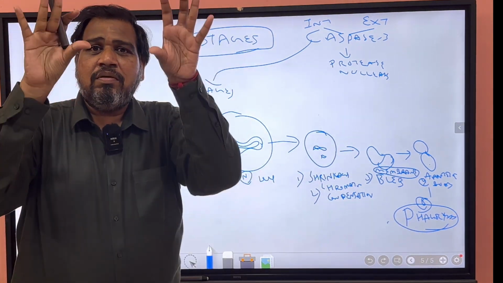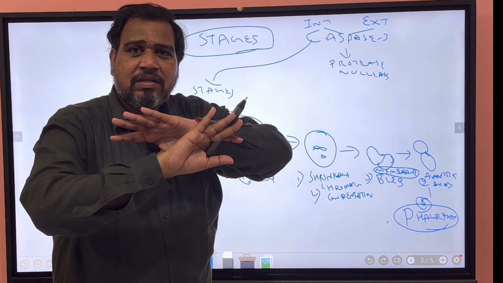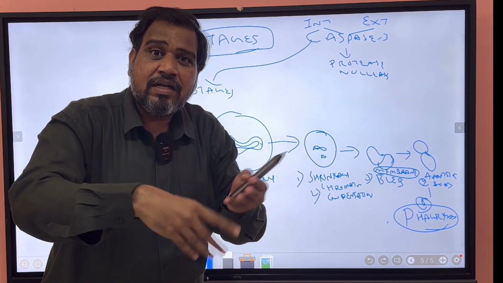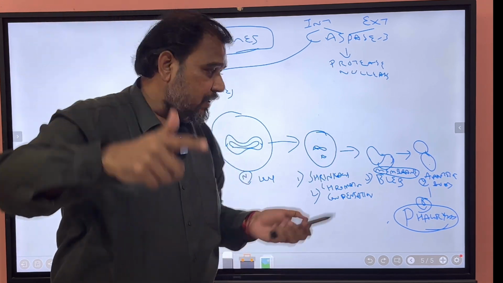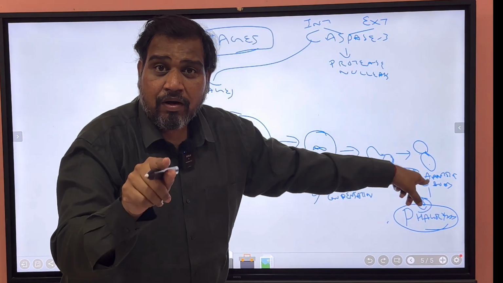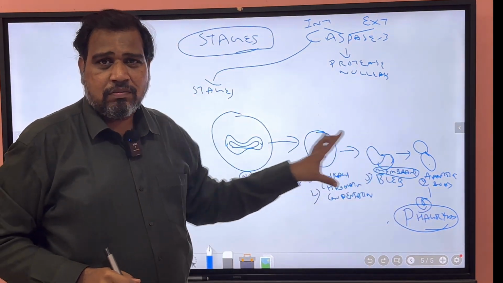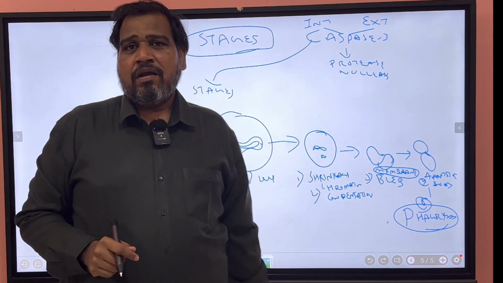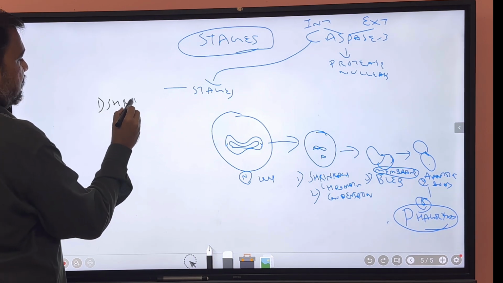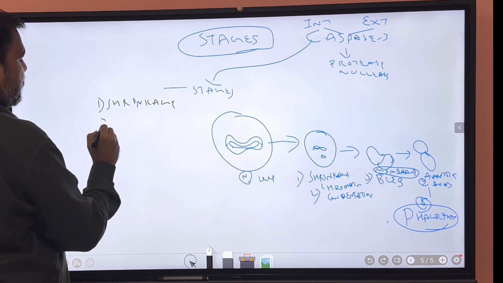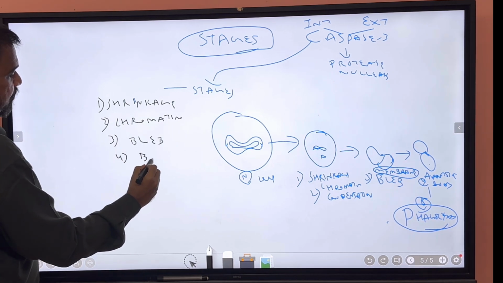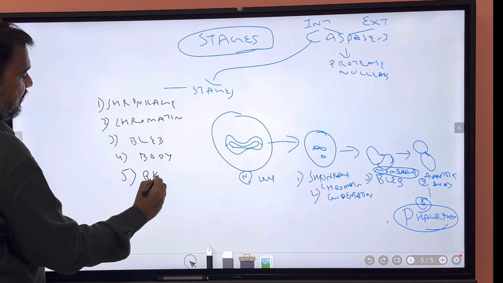In the process of apoptosis, the cell membrane is intact, whereas in necrosis the membrane is ruptured, and there is spilling of contents from the destroyed cell, which can infect other cells. Spread is possible there, but here the entire cell is going to be phagocytosed. Even the apoptotic body has an intact membrane. That is what I want you to mention: the membrane is intact in all stages of apoptosis, and the final step is phagocytosis. So you can tell the stages yourself. First stage is shrinkage, second stage is chromatin condensation, third stage is bleb, fourth stage is apoptotic body formation, and the fifth stage, which is very important,